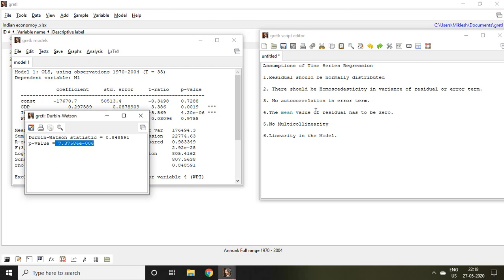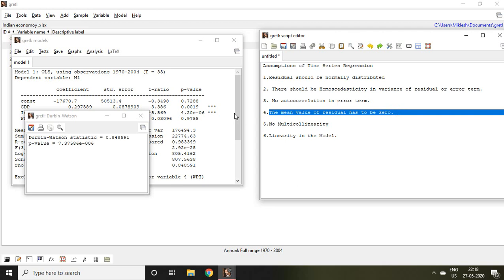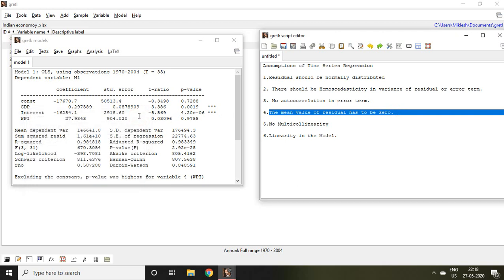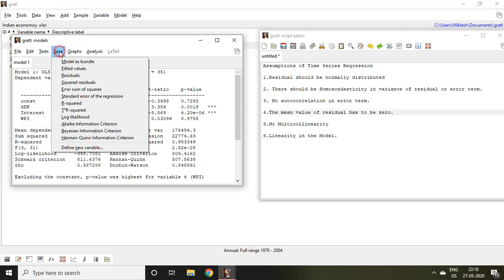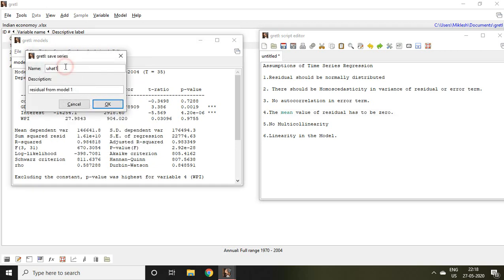Then the fourth assumption says the mean value of residual has to be 0. So how to test that? For that, I save the residual value. I simply give the name of this series, residual, and click on OK.